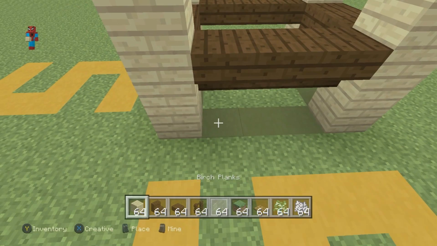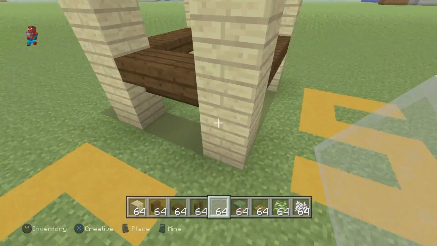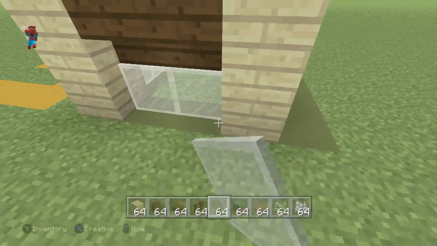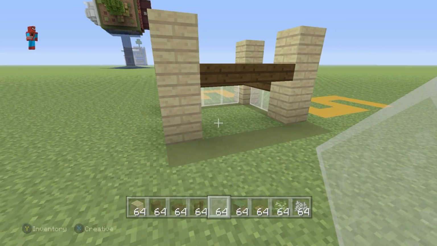Underneath the row of stairs, we're actually going to place a row of white stained glass pane. And we'll do the same on the back, and we'll also do the same on the front. However, we won't be doing it on the right hand side, because on the right hand side here, what we're